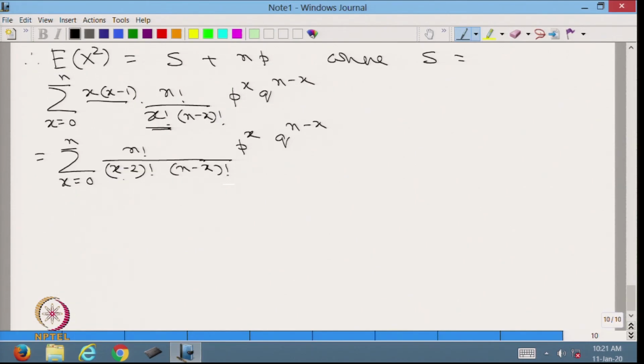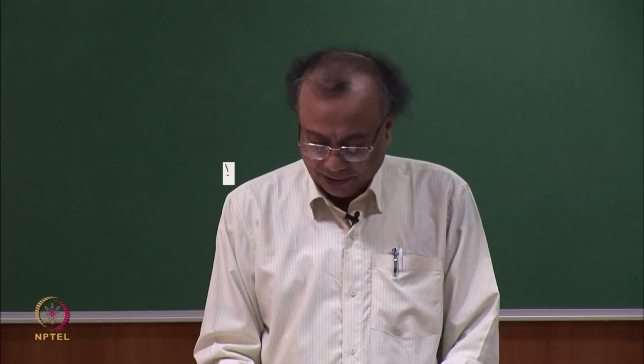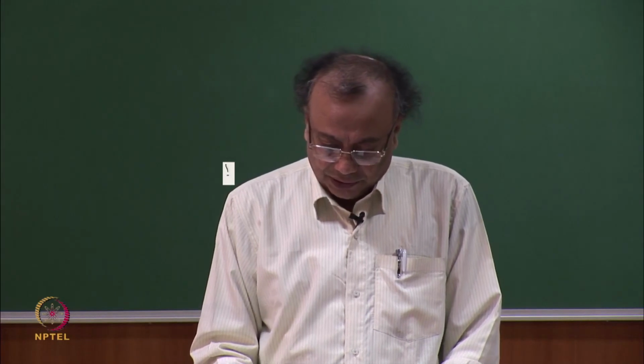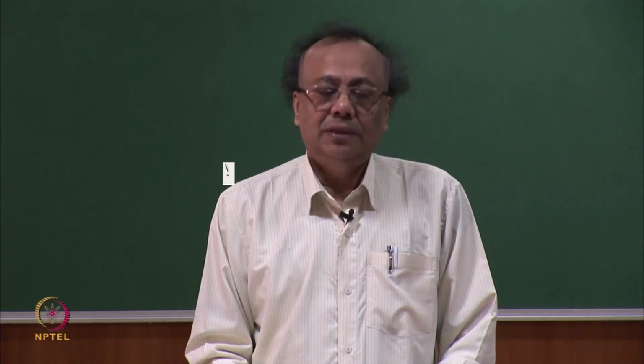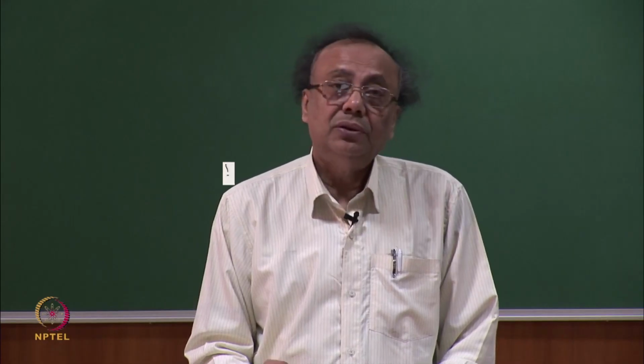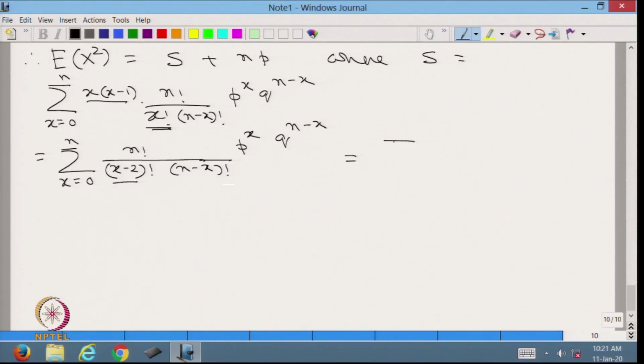Since the factorial of a negative number has no meaning, we can change the limit of the sum to x equals 2 to n. So, this becomes sigma x equals 2 to n of n factorial over (x minus 2) factorial (n minus 2 minus x plus 2) factorial,